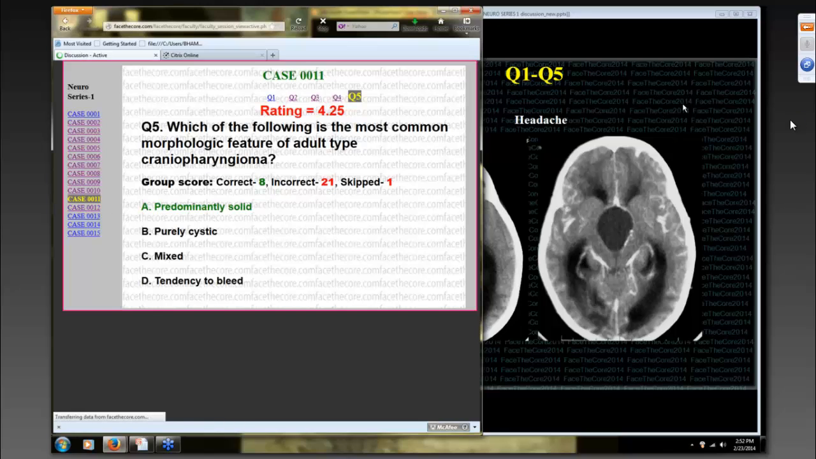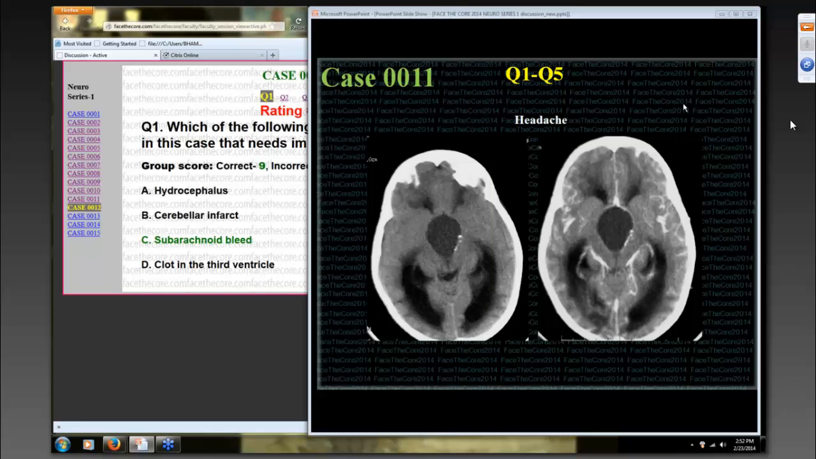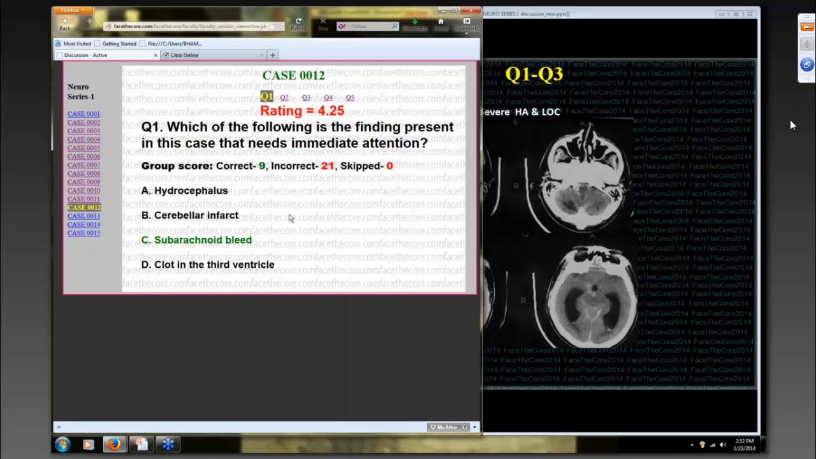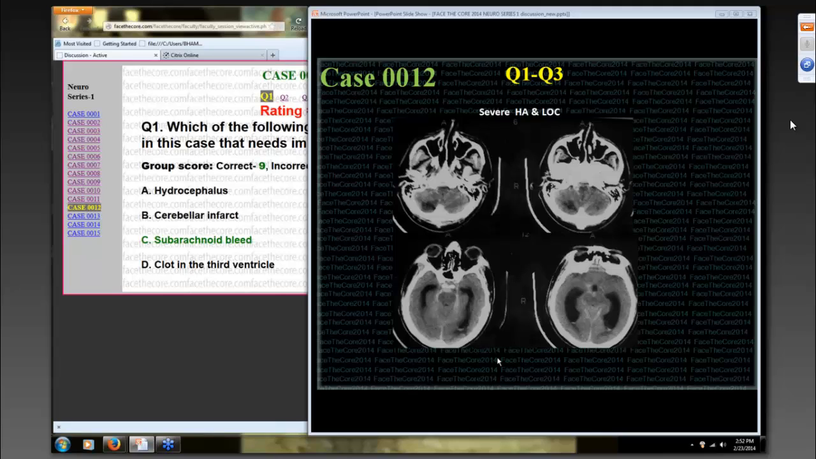Moving on to case number 12. Which of the following is the finding present in this case which needs immediate attention? So obviously the hyperdensities that you are seeing abnormally within the ventricles and along the cisternal spaces, right in the interpeduncular cistern here, suprasellar cistern, they're all showing hyperdensities of blood. So this is a subarachnoid bleed, which is an emergency,